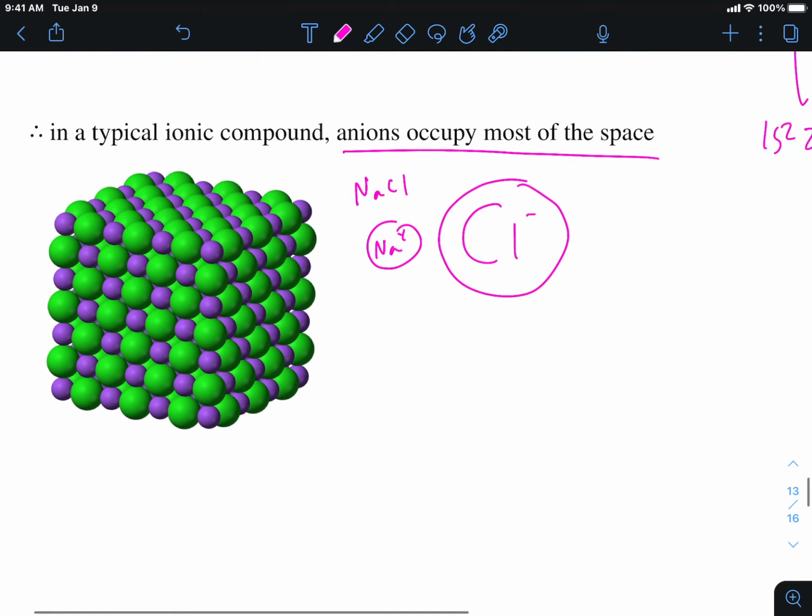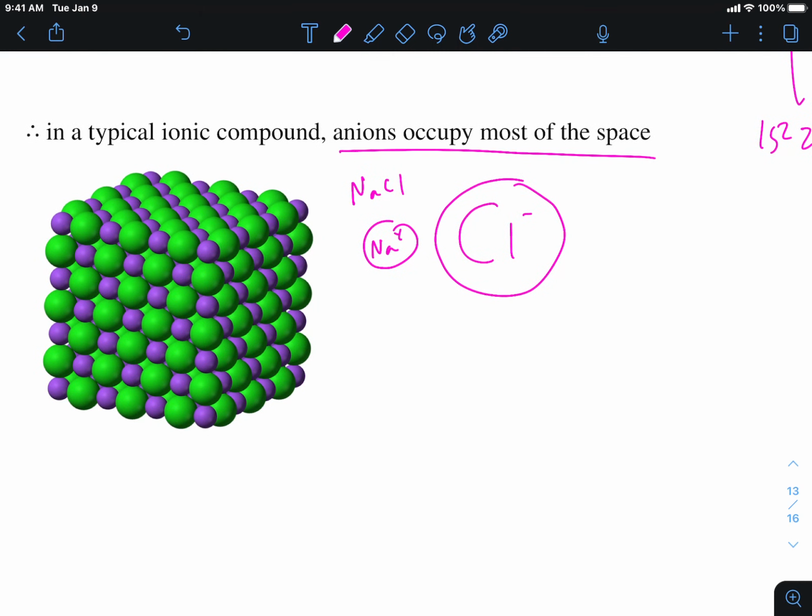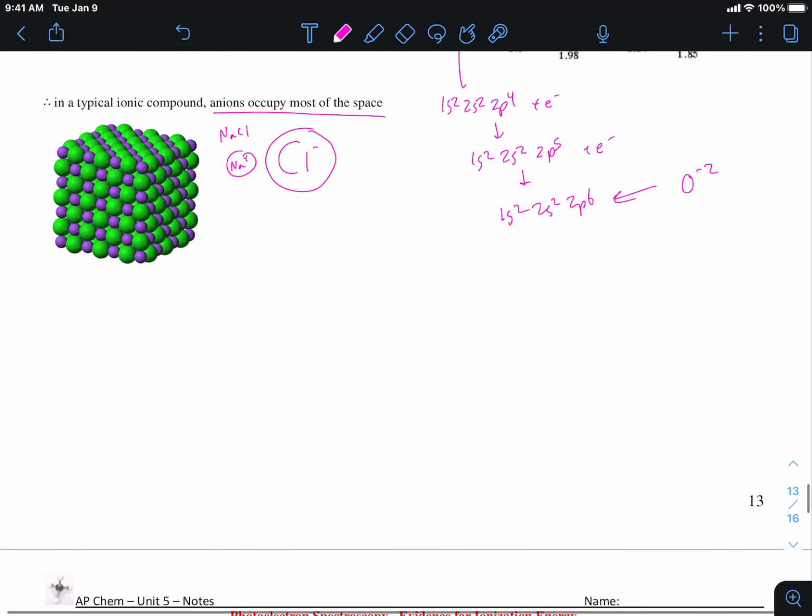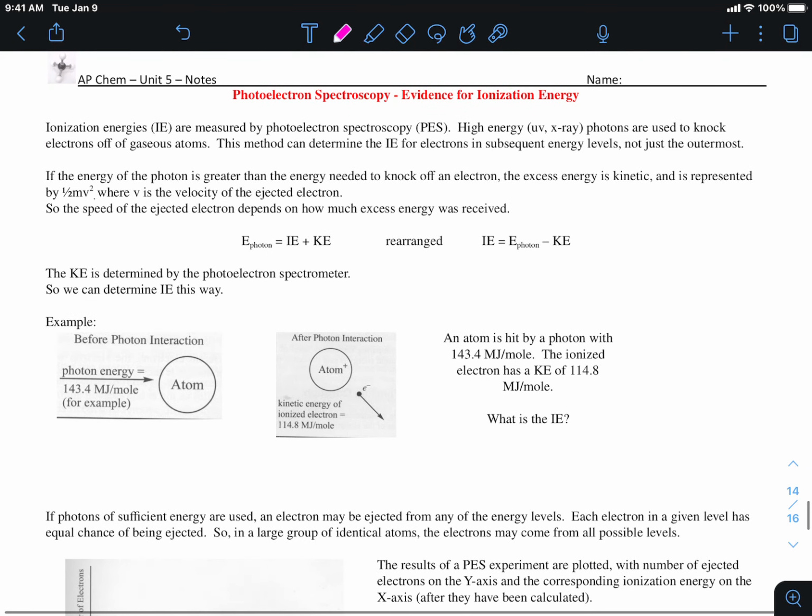which one of these is the chlorine? Which color? Yeah, the green, right. Okay. All right, so